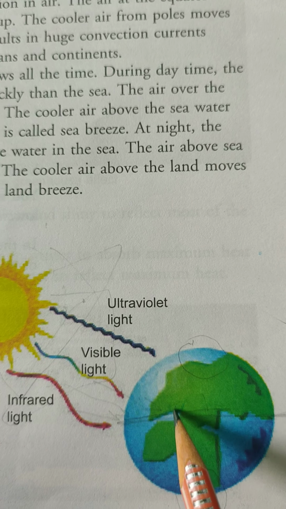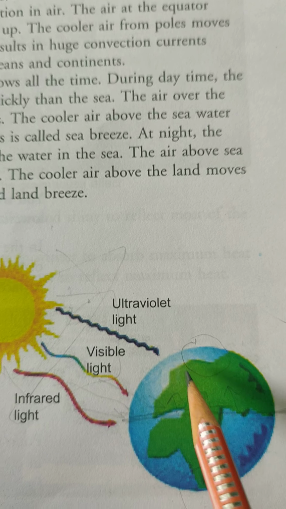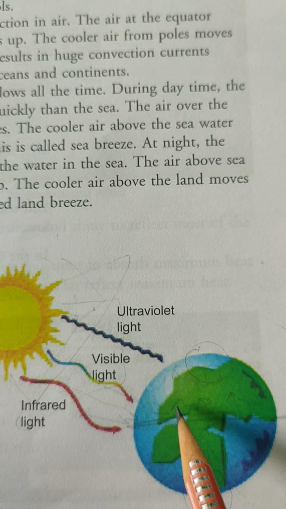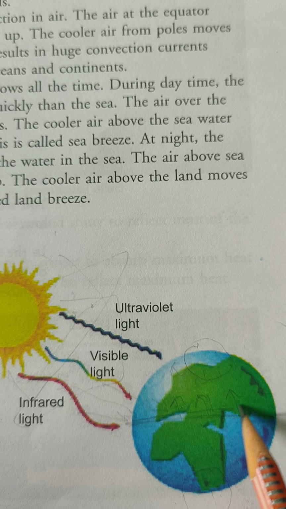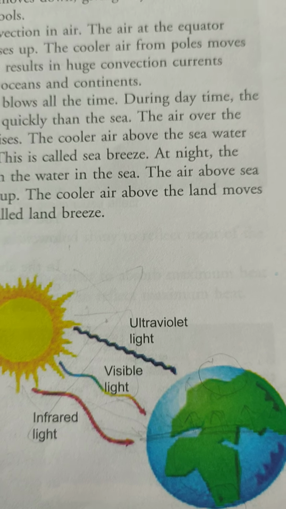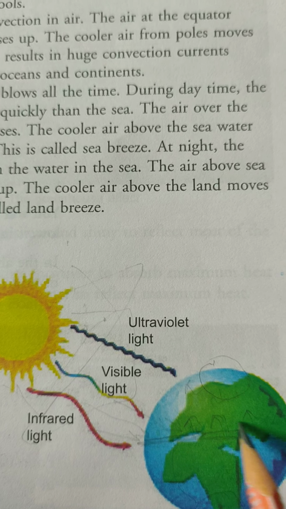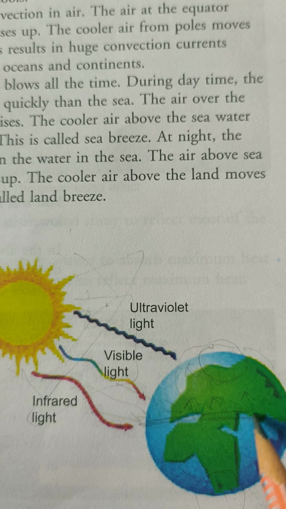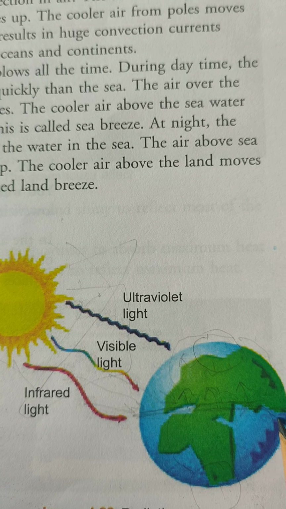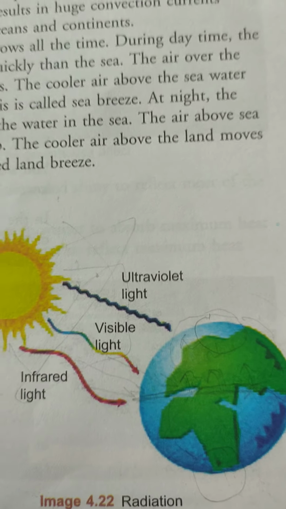So what happens, the air in this region will be hot and will rise up. The air from the polar region will be cold. So what will it do? If the hot air is rising up, the air from the polar region will come and replace the portion which has hot air, right? Now a current will be set up: cold air will go this side, hot air will come here. In this way, a convection current will be set up.